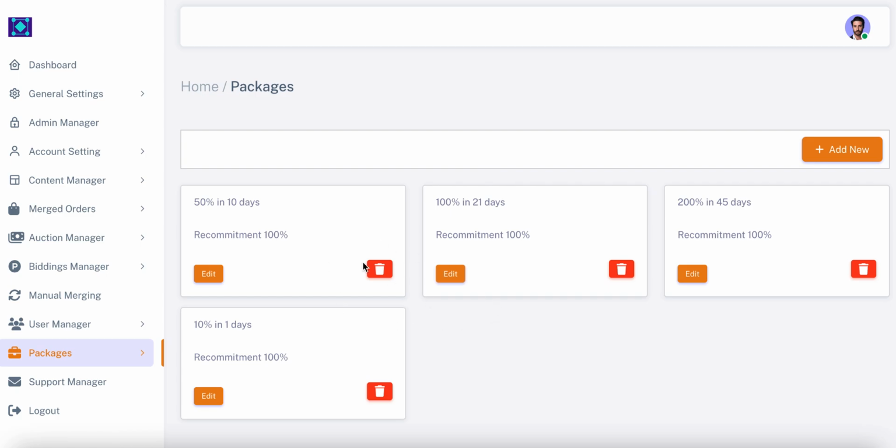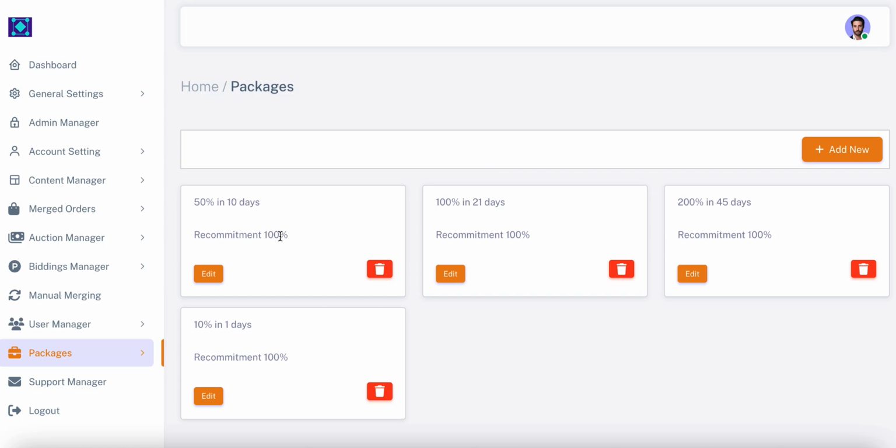So now, as you can see, the commitment 100%, 50% in 10 days, 100% in 21 days, the commitment 100%. These mean that if during the bidding the user selects this particular one, the user will need to recommit 100% of whatever amount the user is bidding. For example, if the user bids £50 or 50 US dollars or USDT,